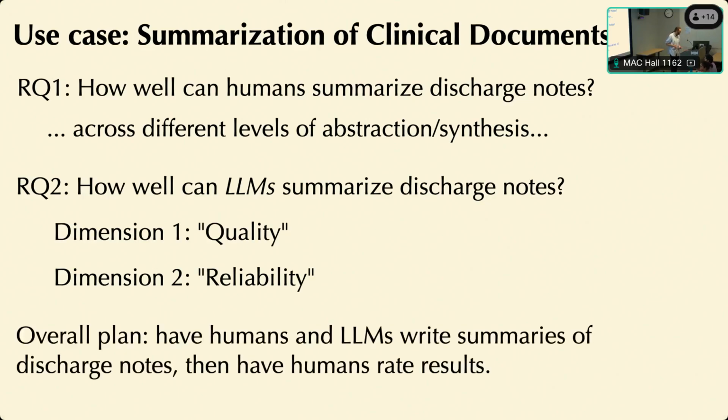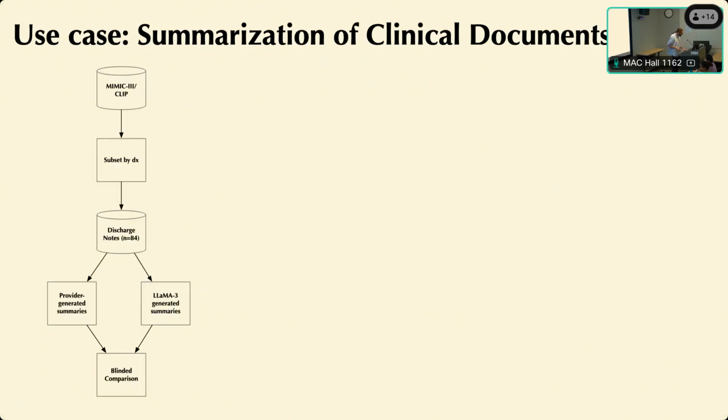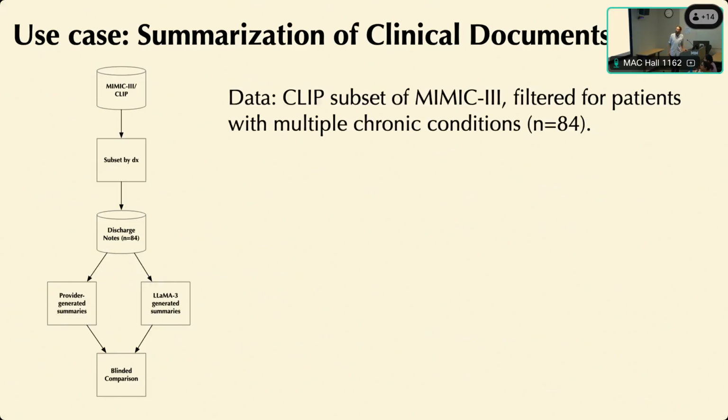So our overall plan was we would have humans and LLMs write summaries of some discharge notes, then have the humans rate the results in a blinded manner. Our outline looked like this. We started with a data set called MIMIC-III, which is the one I mentioned earlier. It is from Beth Israel Deaconess Medical Center in Boston, from their ICU. It is the only publicly available data set of EHR notes. It's been de-identified. You have to go through some hoops to get it, but it is possible to get, and it's sort of the standard in